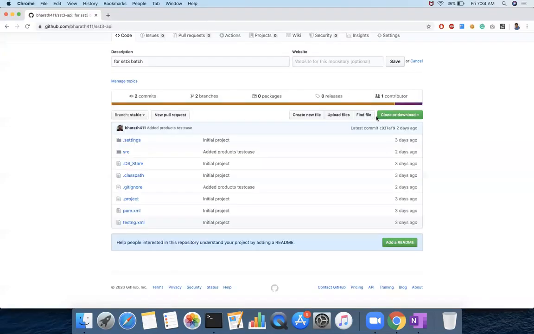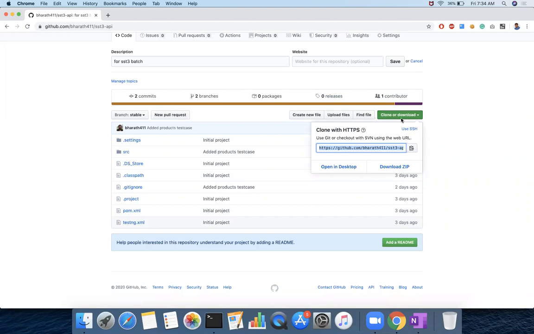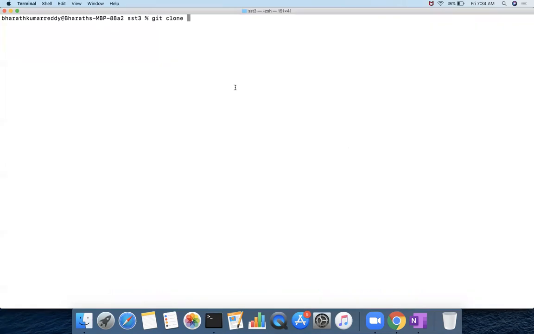Now the first operation that you do is git clone and then this URL. Here you see clone or download. You can use clone with HTTPS. When it is clone with HTTPS, you have to copy this and then paste it.